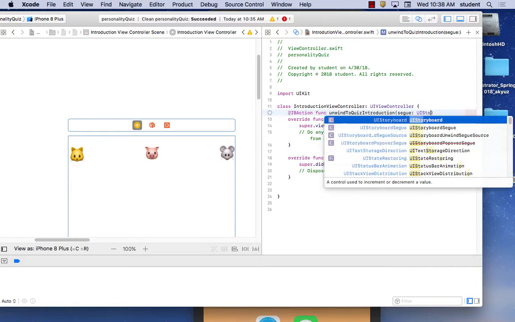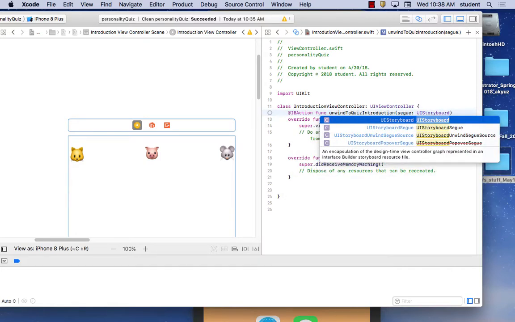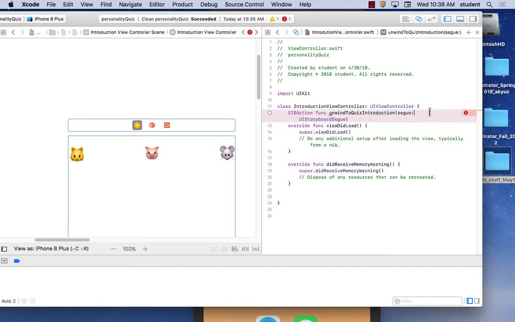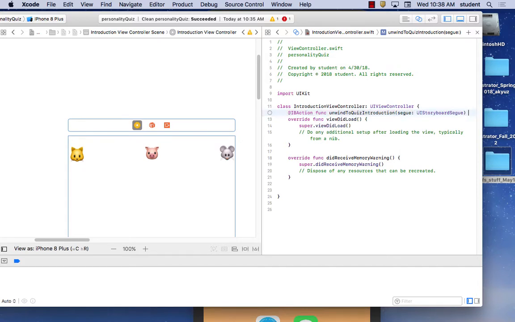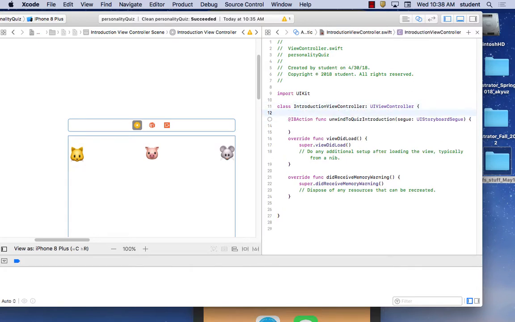Yeah. Segue. And then, okay, so this is @IBAction func unwindToQuizIntroduction with UIStoryboardSegue,